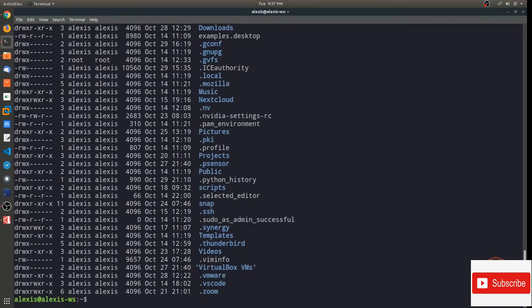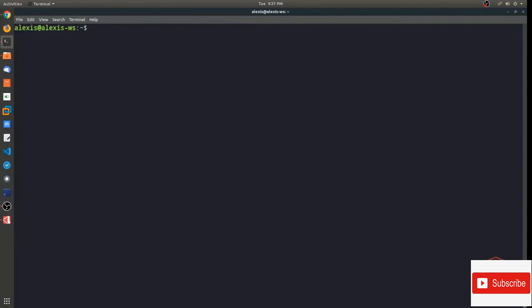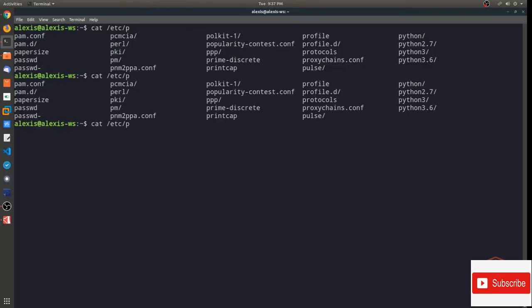So let's say I wanted to cat my password file. So again, I can say cat /etc/passwd, right? Now if I wanted to autocomplete this, I could use the tab key. And if I use it 2 times, it will give me the various suggestions here. So a single tab will autocomplete it if it has an accurate idea of the particular file or directory you're